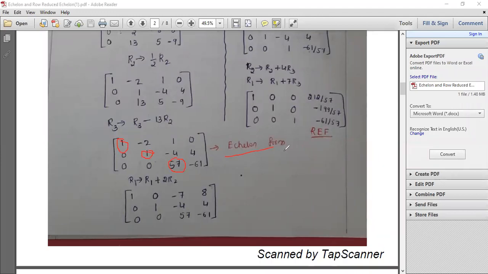Now since they ask us to reduce it further and get the row reduced echelon form, I'll conduct some more row operations. I want to make this row reduced, in the sense every pivot element, or you can say the leading element, has to be equal to 1, and each row should contain only the unit leading element. Other than that, other elements have to be 0. That's the whole concern.